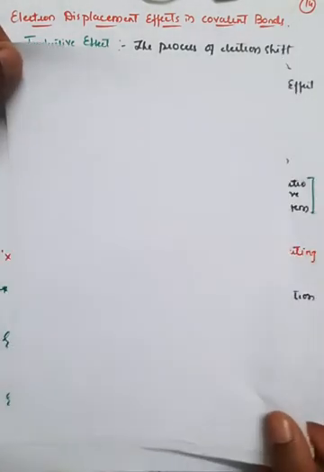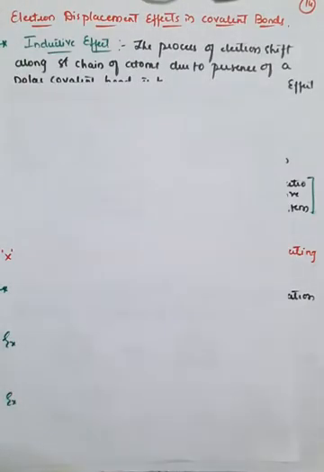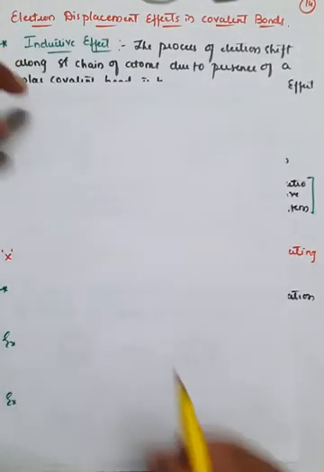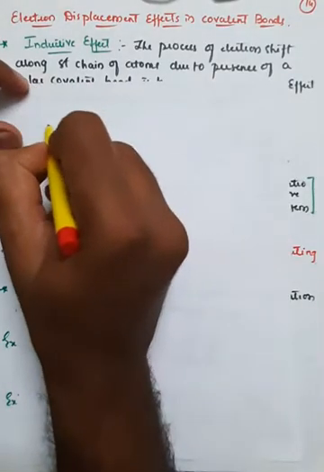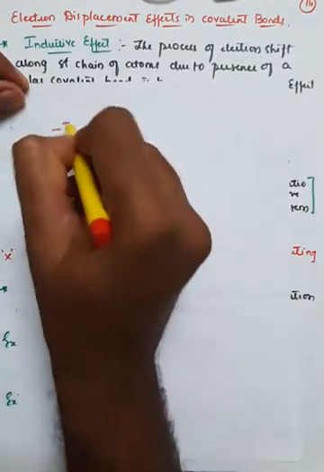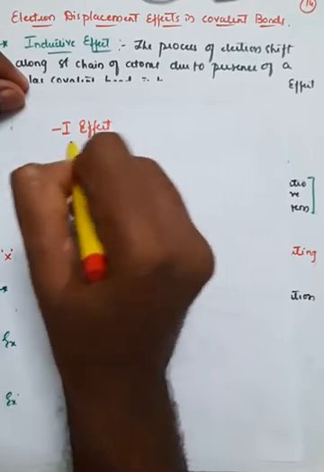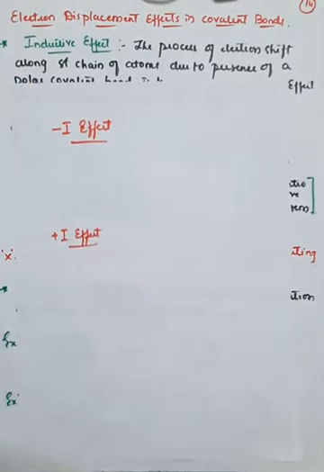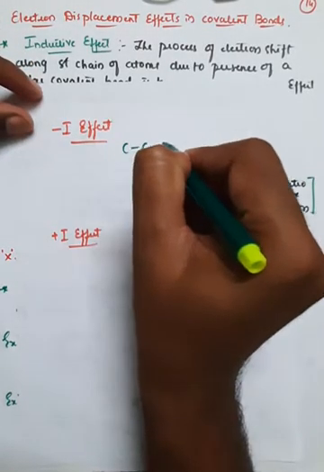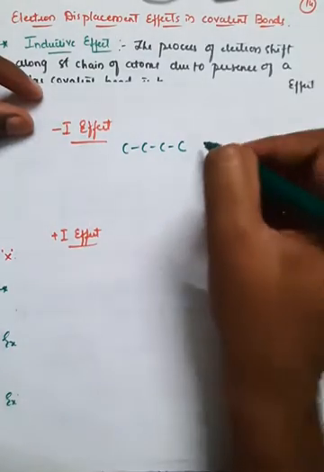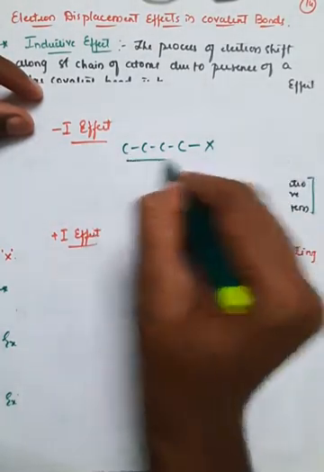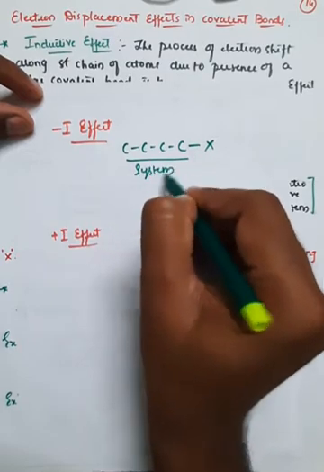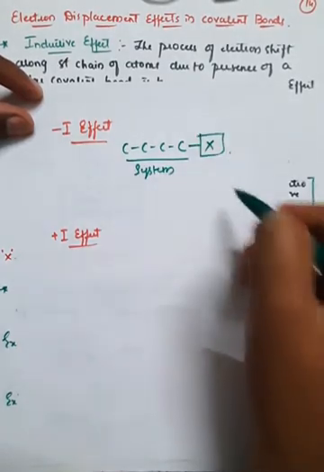So we'll do some rough work here. In case of inductive effect, right? We already know that there are two types of inductive effect. The first one is called the minus I effect, minus inductive effect, and the second one is called the plus I effect, right? In case of the minus I effect, what happens? Here in this case, the carbon atom is bonded with a long chain, and a carbon atom is bonded with a halogen, so there are two groups. This chain is generally called the system, and the halogen which is added is called the group.